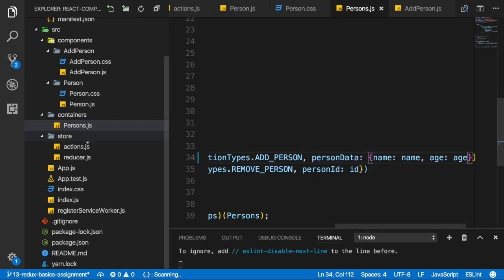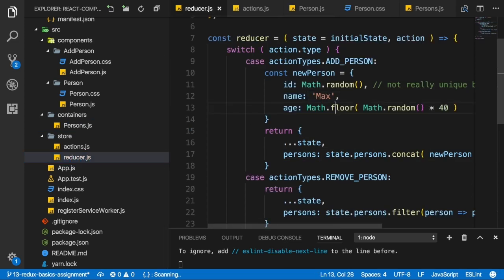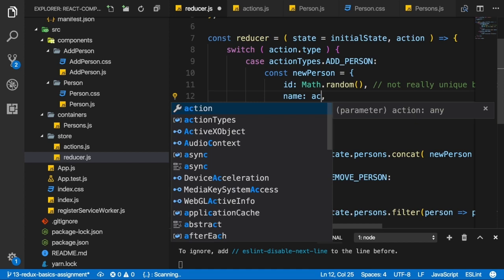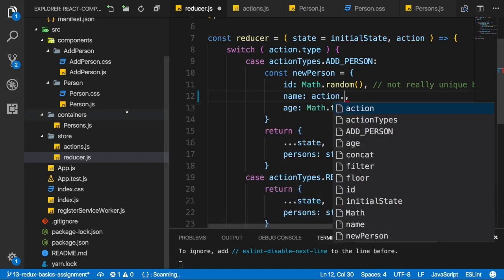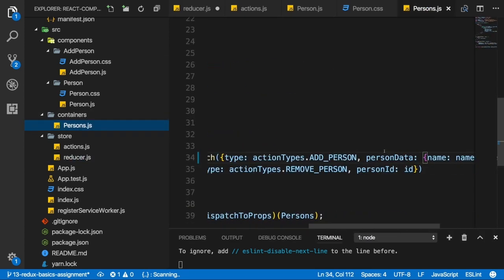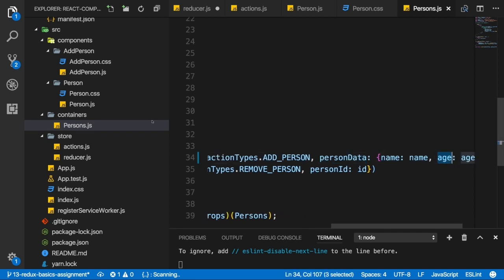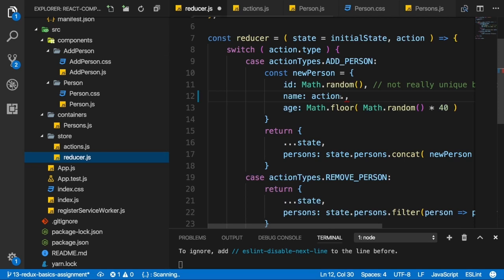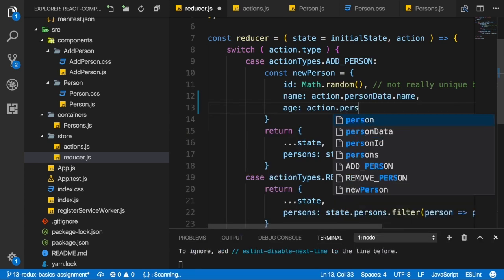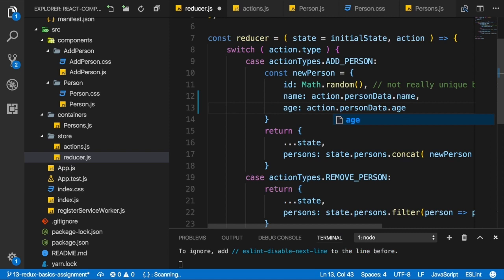And now with that, we can go to our reducer and extract the value the user entered. So for the name, we would get action, and then I used a key named personData, and that would hold the object with name and age as keys. So I would access action.personData.name for the name, and for the age it would be action.personData.age. And now if we save all files